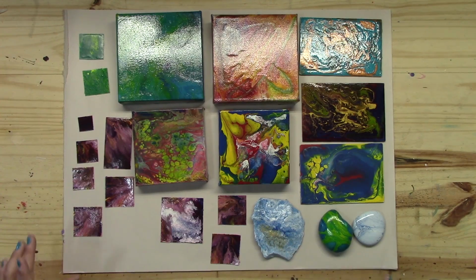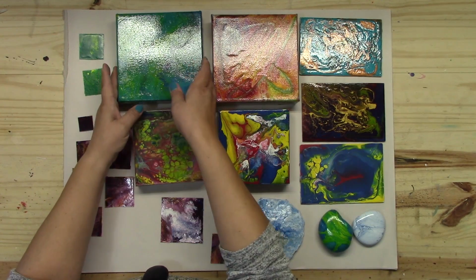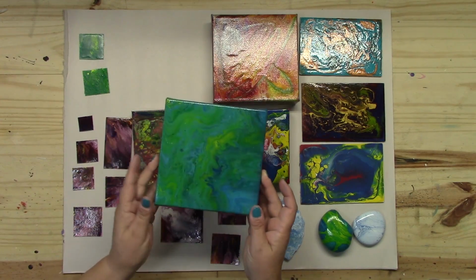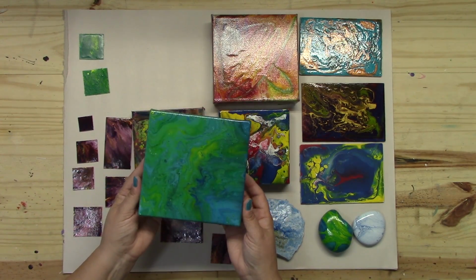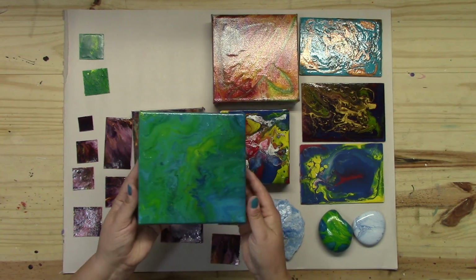What I like may not be what you like, and what you like may not be what I like. That doesn't mean it's not art. So I wanted to show you a few pieces that I've done with paint pouring and what I like, what I don't like, and basically why I think it's art. So if we go down to the table, now some of these are really shiny, so I'll kind of tilt them. So you can see this is a kind of a dark piece, it's got beautiful cells,